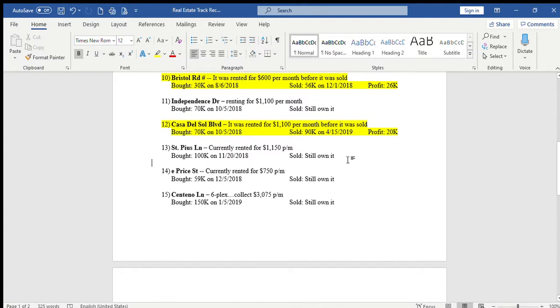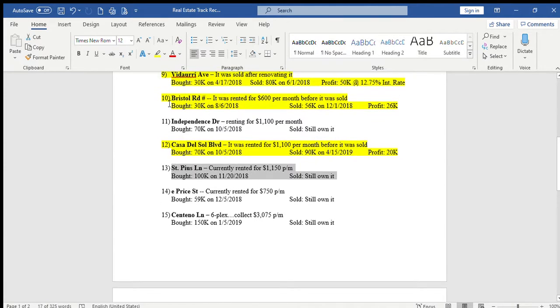Number 13, St. Pius. Bought it from the investor that I bought Bristol and the other property. I'm sorry, this property I bought together. These 3 properties I bought them together. I currently own it. I have it rented for $1,150 per month. I bought it for $100K, and I still own it. So this property is once again another property that I'm not cash flowing. I'm probably paying taxes and insurance, about $200-300 a month on this property. But my plan is to pay it off soon, so I can start cash flowing the whole rent. I don't want 30-year mortgages and collect 200